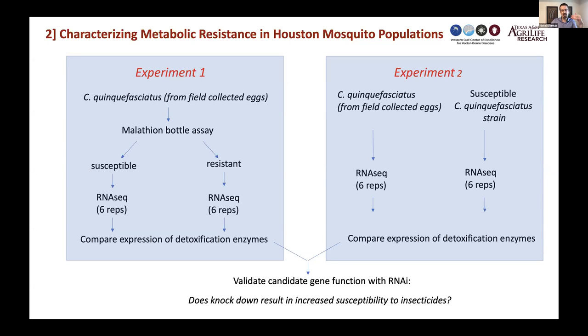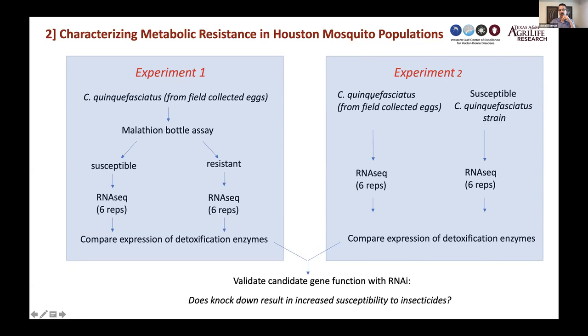So the question here is whether susceptible mosquitoes have a lower level of expression of some of these genes than resistant mosquitoes, either through constitutive expression or because they're able to upregulate their expression more quickly in response to exposure. The second experiment is aimed at seeing if mosquito populations in Houston have constitutively higher expression of detoxification